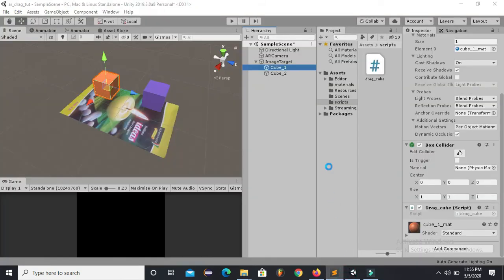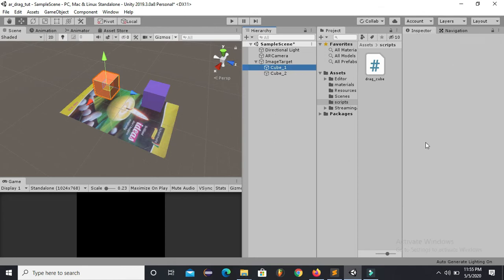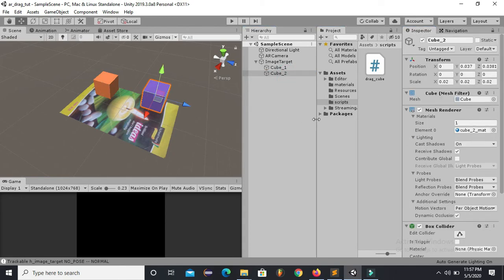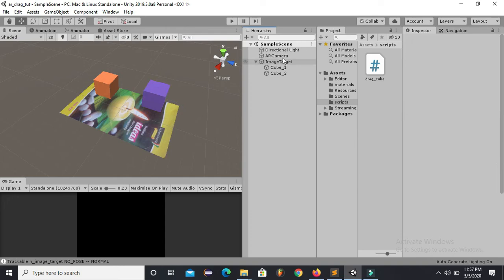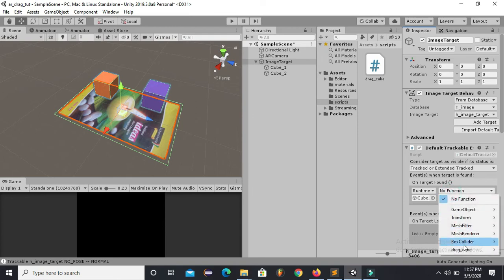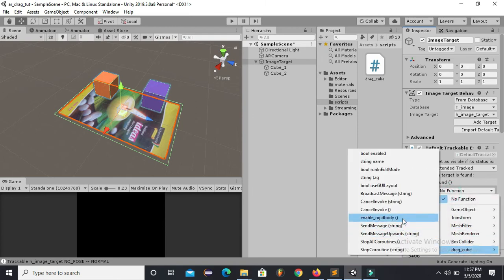And now if I come back here, now I will drag this to their corresponding cubes. Now one thing more we have to do is go to this image target and add an event, drag this object here and select enable rigid body.